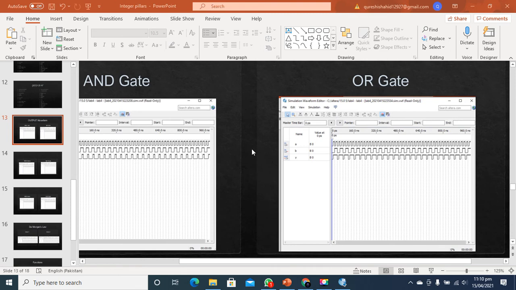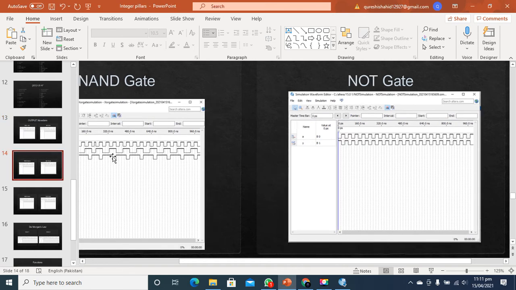Now as you can see, for the OR gate operation, the OR gate gives high if any one input is high, and it gives low when both of the inputs are low. So you can see that here is low and there is low, so we get low at the output, and again low, and we get low at the output. This is the verification, and this proves that the operation of the OR gate is correct. So heading towards our next gate, this is the NAND gate.